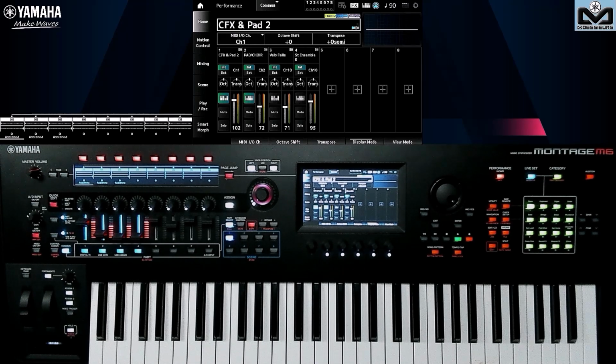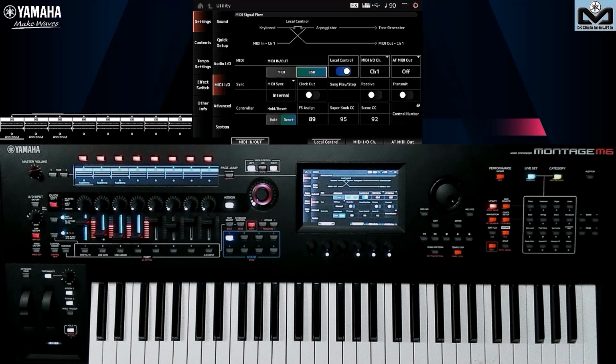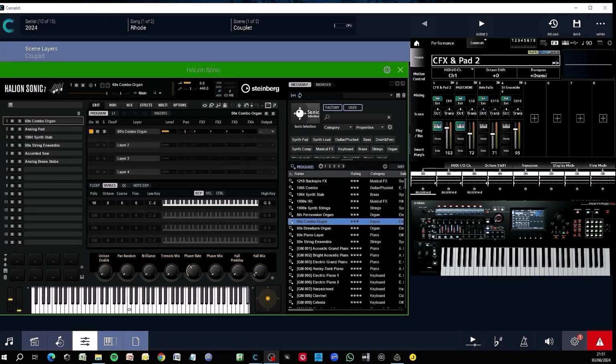Can you also control virtual instruments? In the past, you had to go into master mode to deactivate the part. Absolutely not with the Montage M. The first thing to do for me is to go to Utility and switch to USB. This way, my CK no longer controls anything, since I've cut the 5-pin DIN connection.